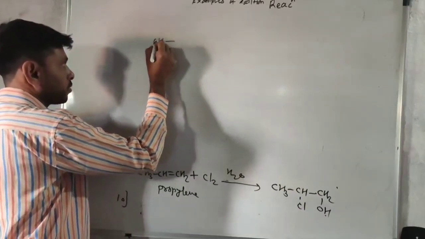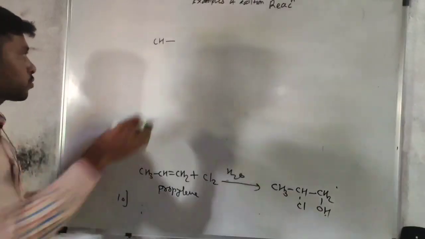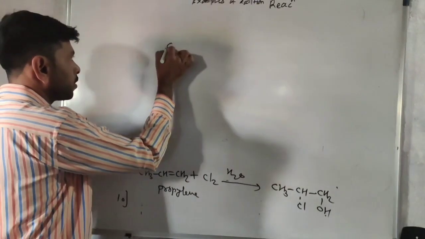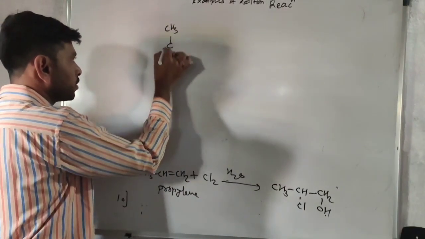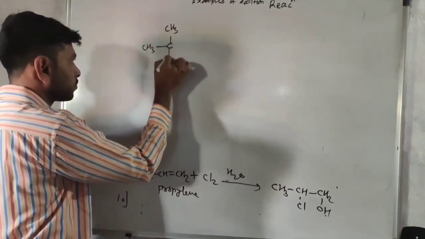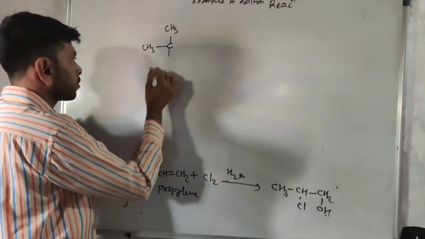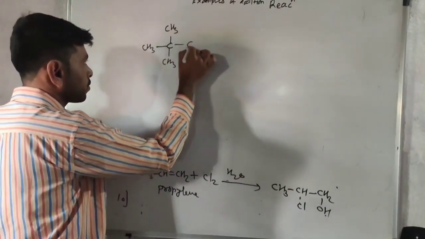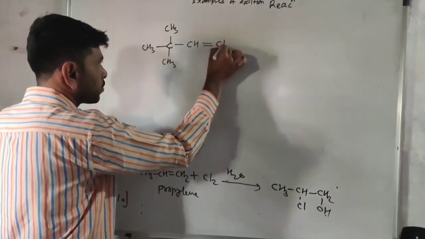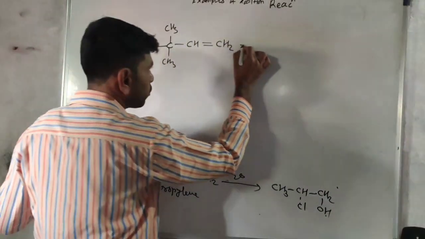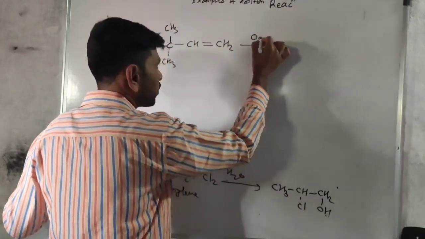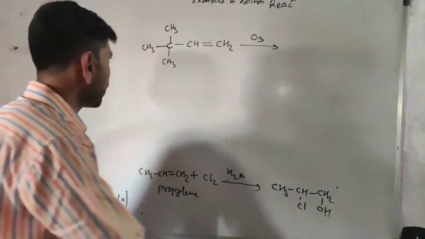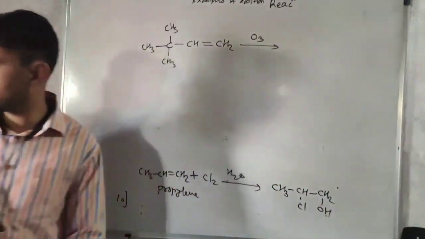Suppose we have taken here the unsaturated system. When this unsaturated system comes in contact with ozone, O3, so 3 oxygens are added here,